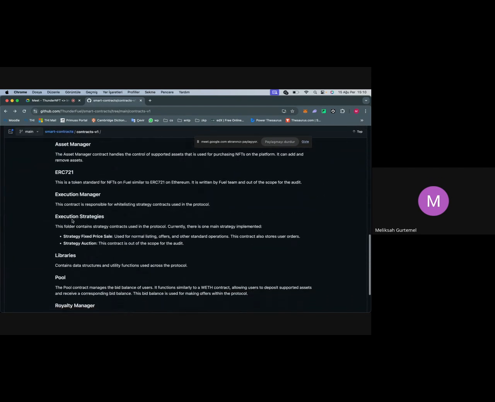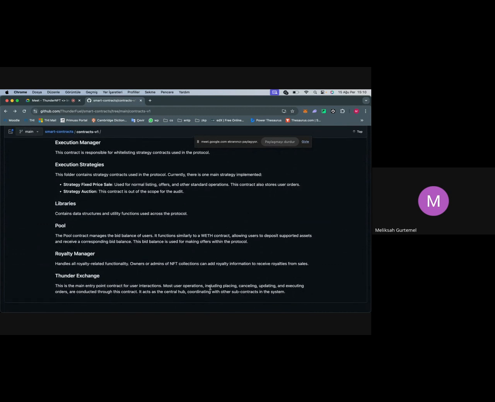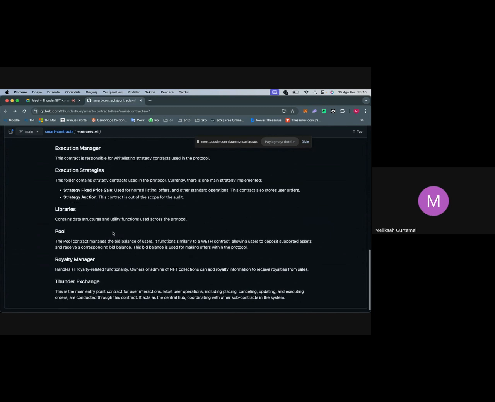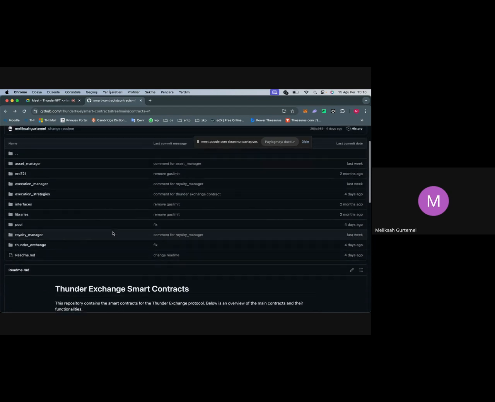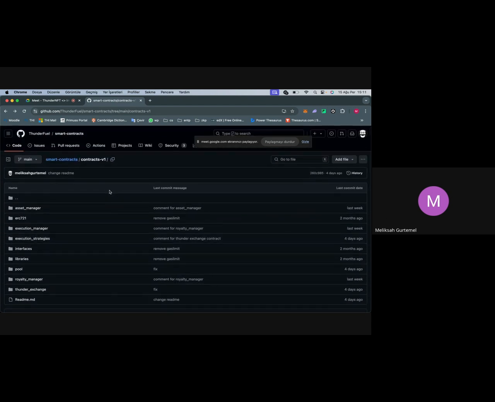As I said, most user operations, including placing, canceling, updating, and executing orders, are conducted through this contract. And in this contract, it will call the other contracts for some information. For example, we'll call the execution strategy contract in order to get the orders. We'll call the pool contract in order to get the bid balance, and so on and so forth. This is the high level of the